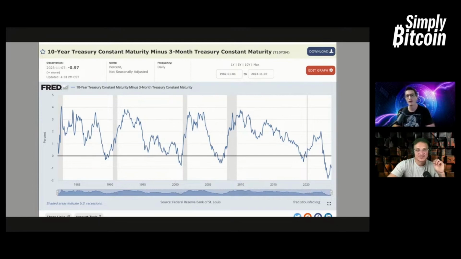And if I were you, I would be keeping an eagle eye on the 10-year note rate minus the 3-month bill rate, because when that normalizes, that will be the catalyst to long-term yields skyrocketing. And then investors having to ask, what the hell just happened? How did this just happen? And what are the consequences? And what are the real numbers? Right? Because nobody really pays attention till they're forced to pay attention.